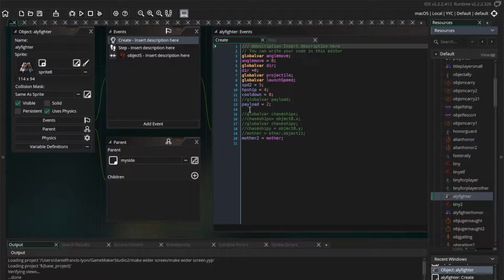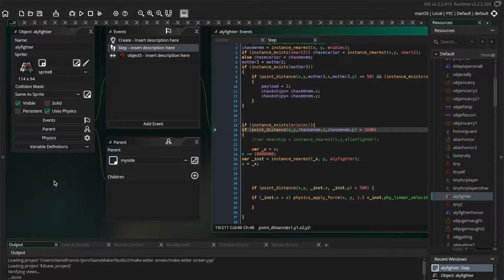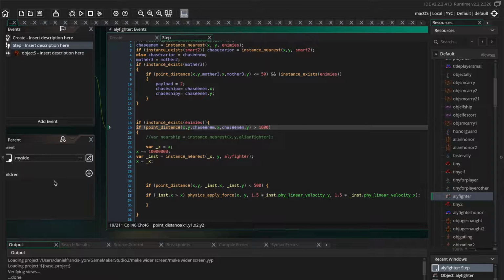Payload equals 2. This ship can fire twice before it runs out of ammo. Then it has to go back to the carrier ship. Health. And some of these other variables aren't so important for what I'm going to talk about. There's a bit of code in this that I'm not going to mention because it's sort of some extra stuff you don't need. I'm going to go over the basics of how to make fighters that fly from motherships and attack and then go back to reload. And I have some other stuff in here, like making fighter ships spread out, stuff like that. And I may not go over all of that because I want to go over the basics of how to